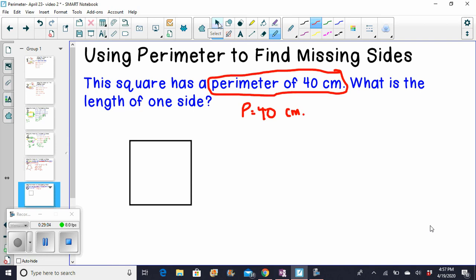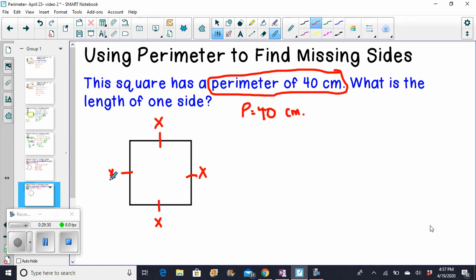You should know that a square is made up of 4 sides that are all exactly the same length. Okay, that's what makes the square. So if these are all exactly the same length, let's use that x variable. So this is x, and this is also going to be the same exact one,